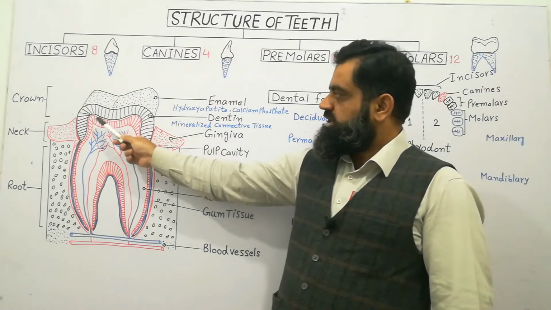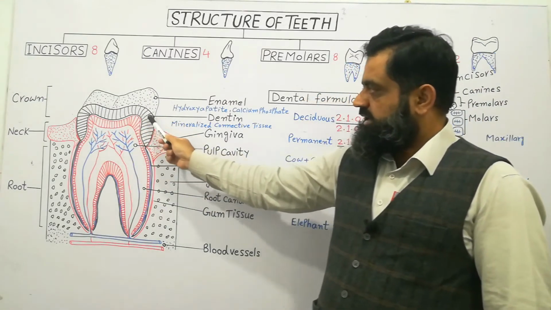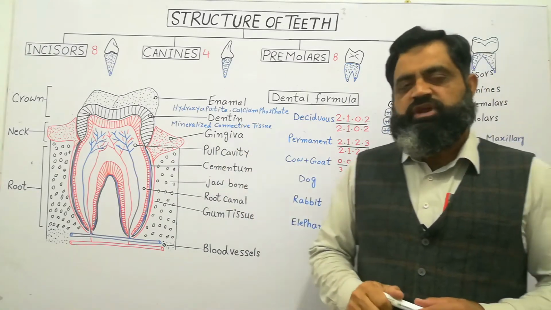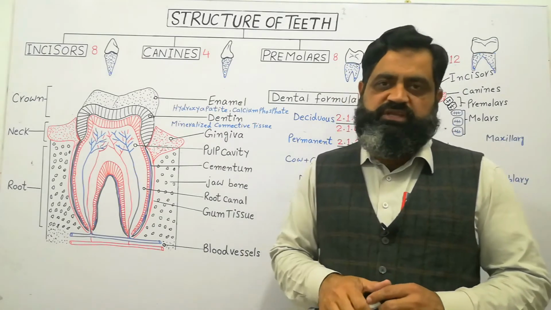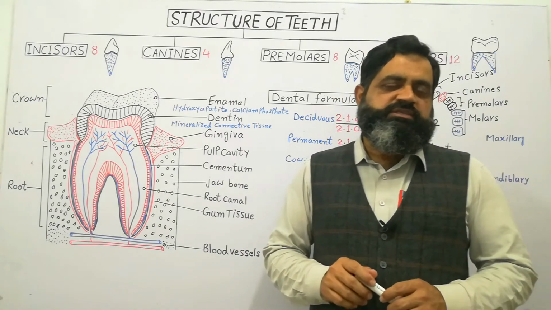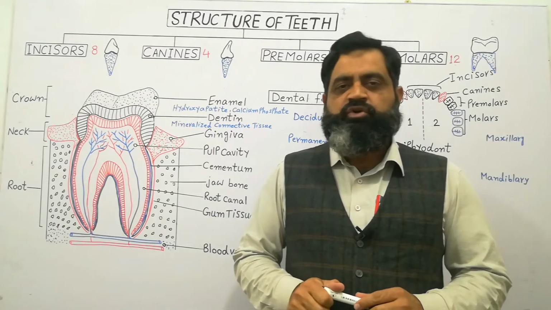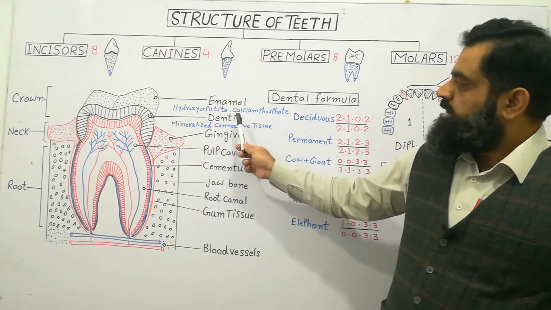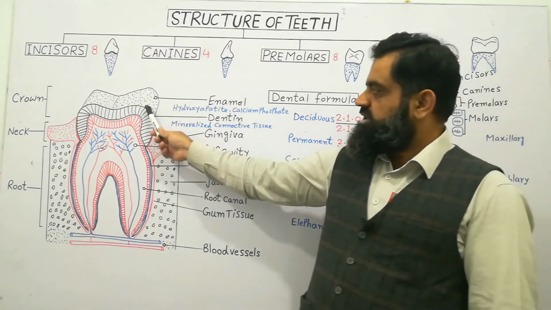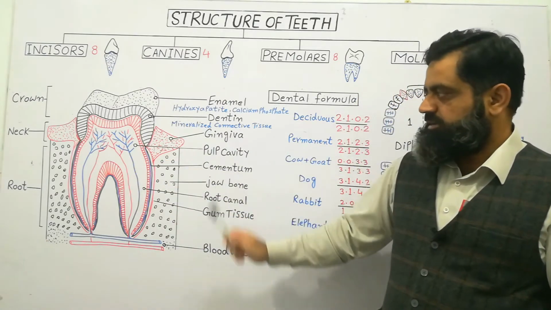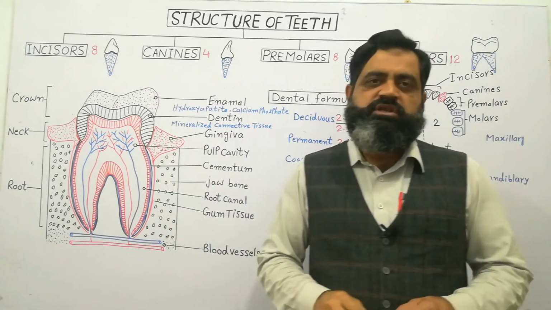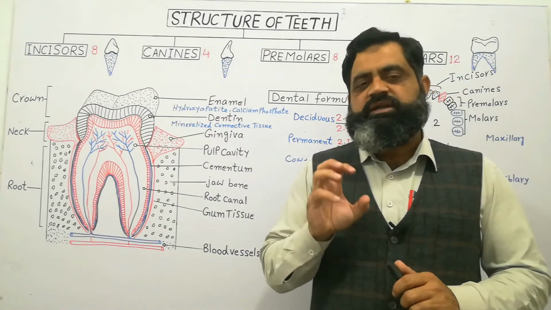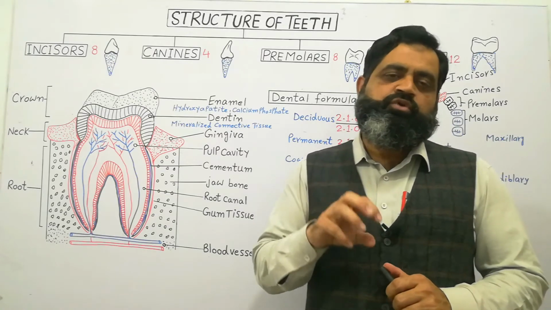Inside the enamel, there is another layer you can see in the black. This layer is known as dentin. Dentin is a mineralized connective tissue which makes the body of the tooth. It contains inorganic salts, organic material, and some amount of protein in the form of collagen fibrils. Below the dentin, there is another layer which is known as cementum. Cementum is a yellowish layer which is present around the structure of the tooth, which helps to bind the tooth with our gums and bones of the jaws.